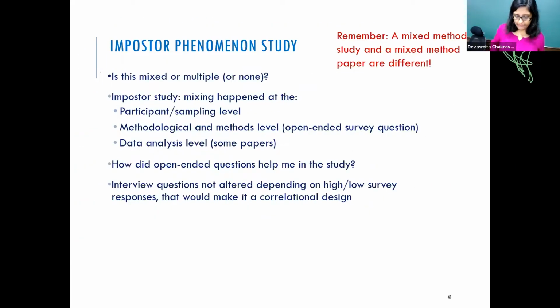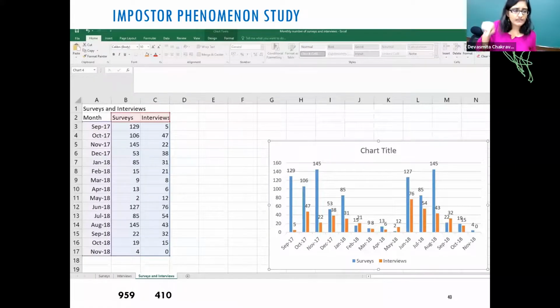So if you look at this graph, there are certain peaks and then certain places where the numbers went down. The numbers also went down because I was traveling, I was busy, I was going to conferences, so I could not interview. But every time I had a basic finding, I presented at a conference and posted it on Twitter, or I went to a conference and gave people my card, and a fresh set of people got interested in this work. And then they started taking the survey. So that's my big suggestion: please keep your window of data collection longish so that more people get a chance to participate. Does that answer your question? It was a long, winded way of answering.